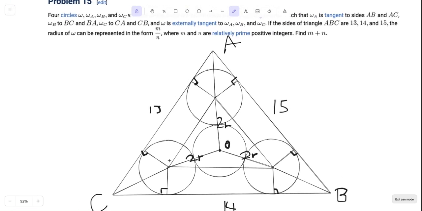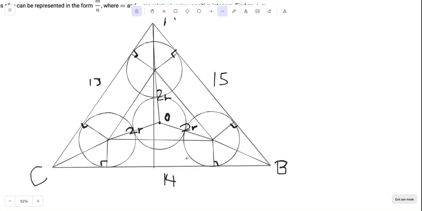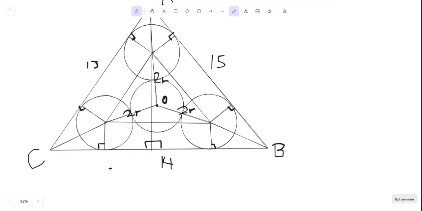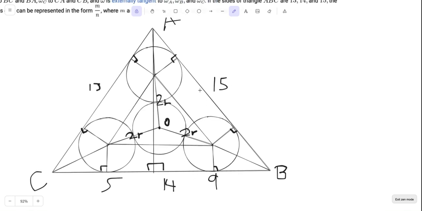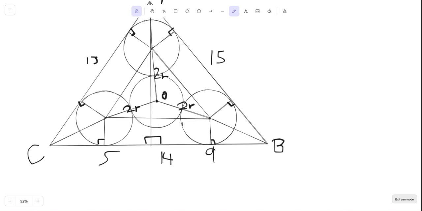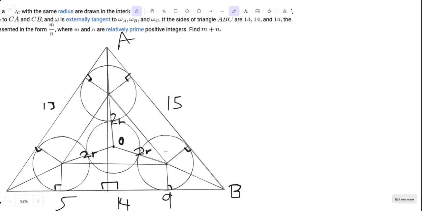I put 14 as the base for a reason, because since it's a 13, 14, 15 triangle, you can actually drop an altitude from A to make this. If you split it like this, you have a 5, 12, 13 right triangle on the left side, and then 9, 12, 15, which is a 3, 4, 5 right triangle on the right side. Okay. So maybe you can use that fact too. But anyway,